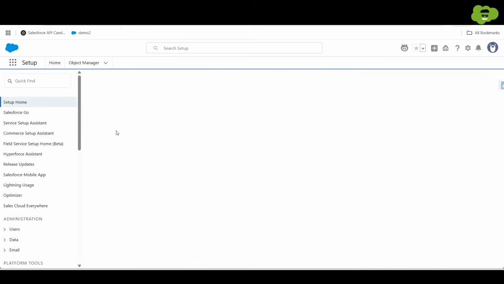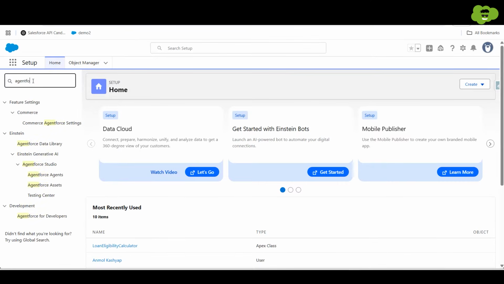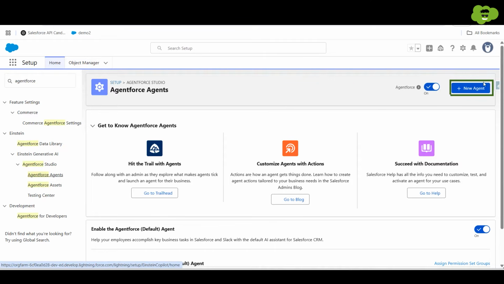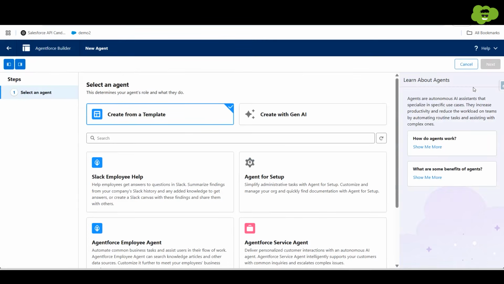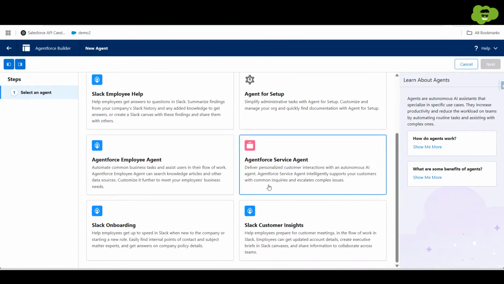In the setup, we'll type down Agentforce agents. And after clicking onto the same, we are going to get a button, new agent, on this side. After clicking onto new agent, we are going to see a lot of different templates or different types of agents that you can create. We are going to choose the service agent